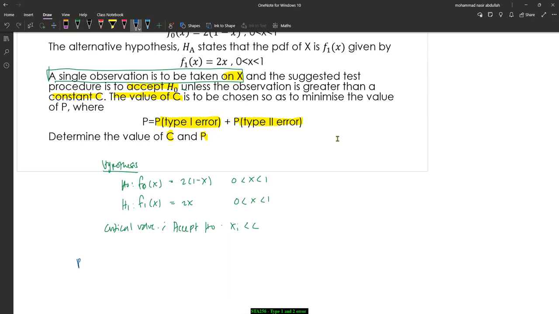So probability of type 1 error is the probability of rejecting the null hypothesis when the null hypothesis is true. So we're going to reject the null hypothesis when xi is more than c. And the null hypothesis being true is f naught x, right? So this one should be integration from c to 1, right, of 2 times (1 minus x) with respect to x, right? Okay,